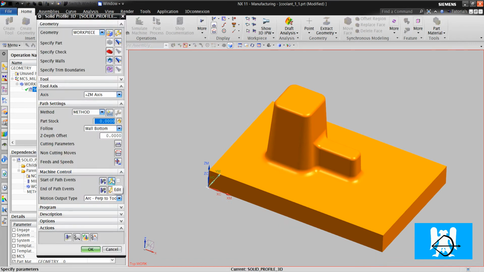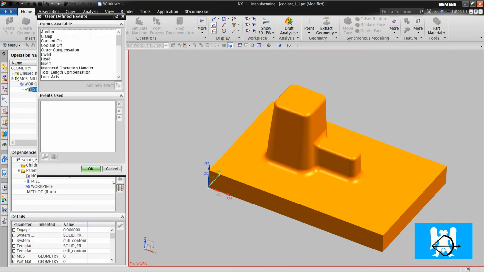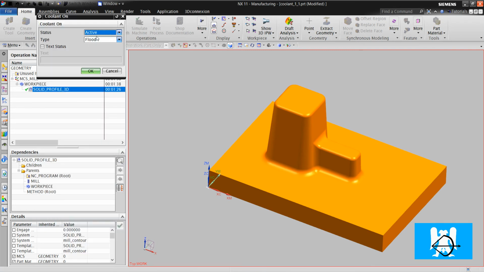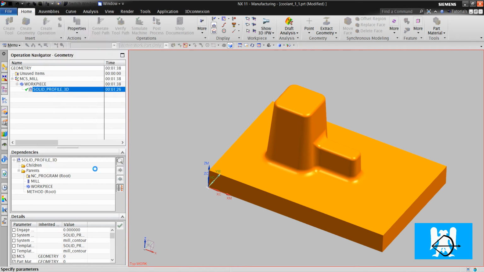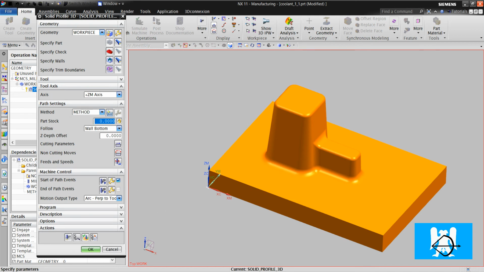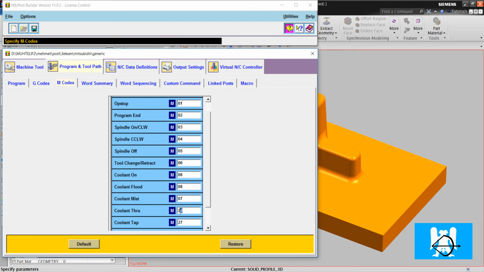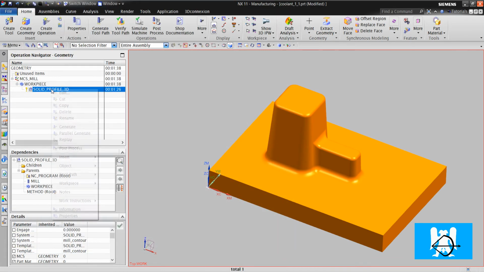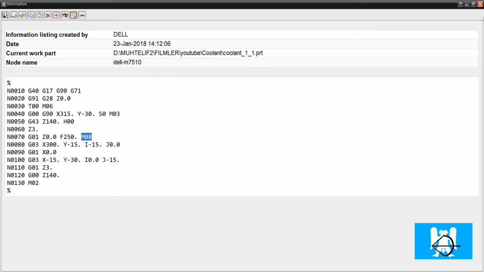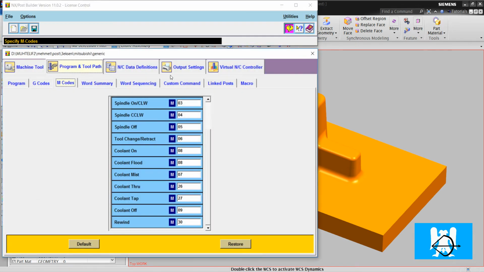Okay, if we want to change it to, for example, true, we open colons on and we choose true. But the true code, what is the true code? We click M codes and we can see that true code is 26, tab is 28. Okay, we click OK and we post process, and we now still have M8 codes because